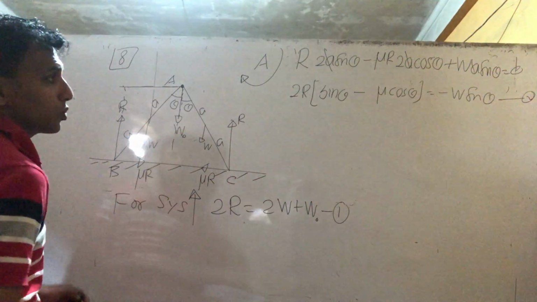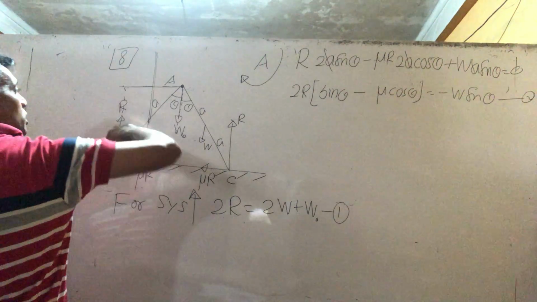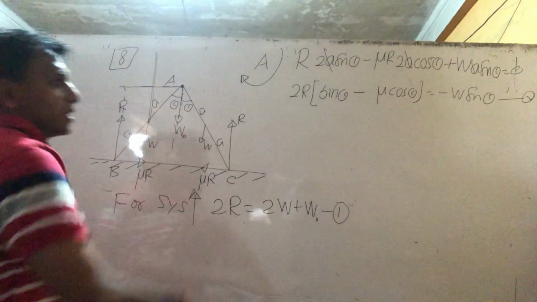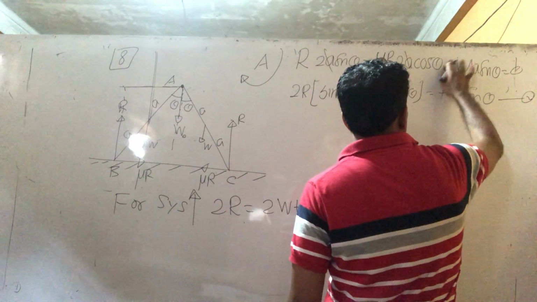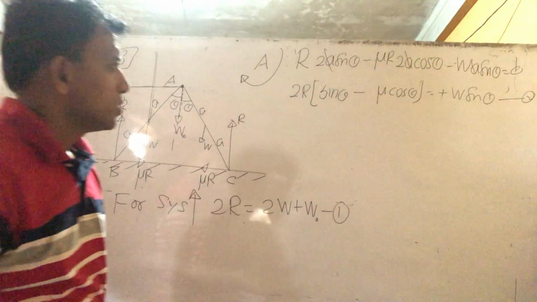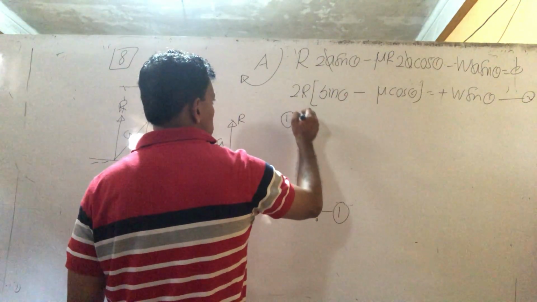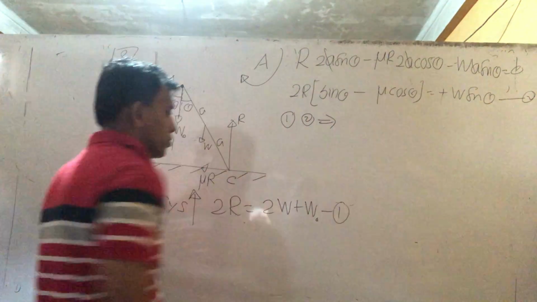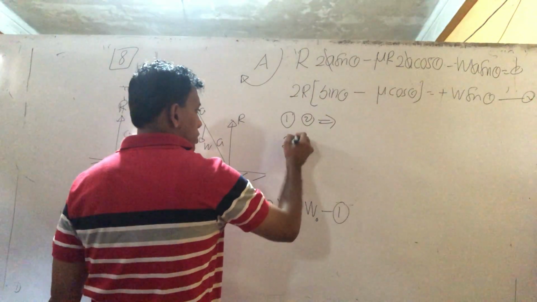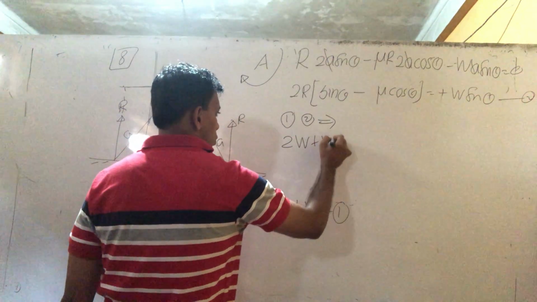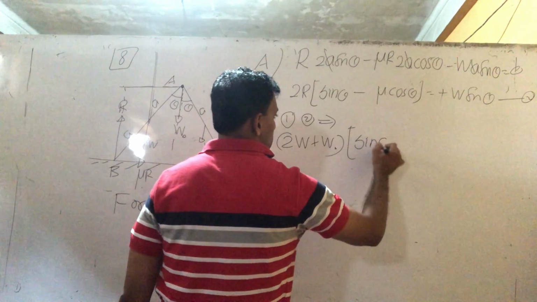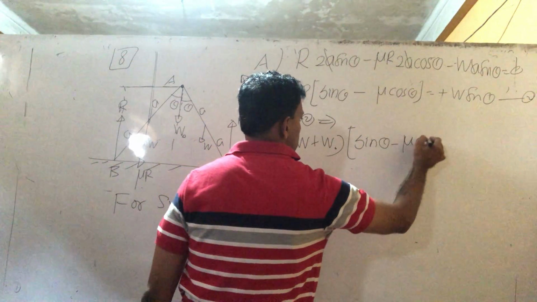Check this moment, is it okay? Check the same direction for W. R this side, I mentioned, I missed there. W this side, minus, check. The moment is very important. Moment directions, we missed the direction problem. So can I connect the 1, 2, write the 2R value: 2W plus W naught into sine theta minus mu cos theta